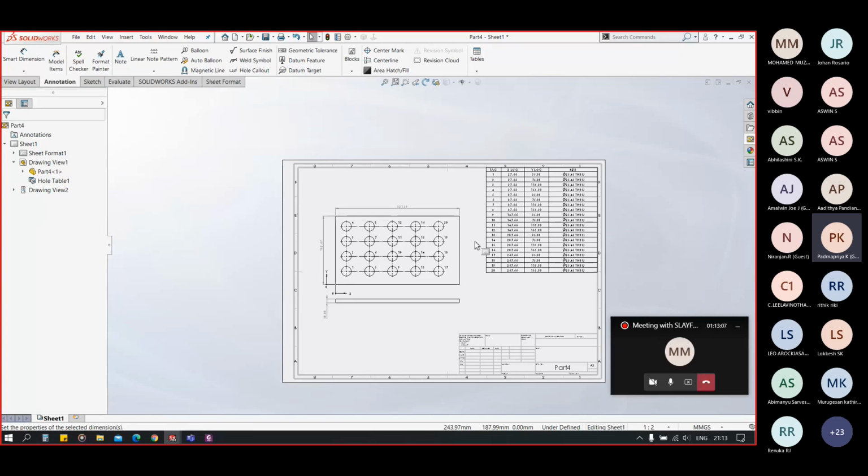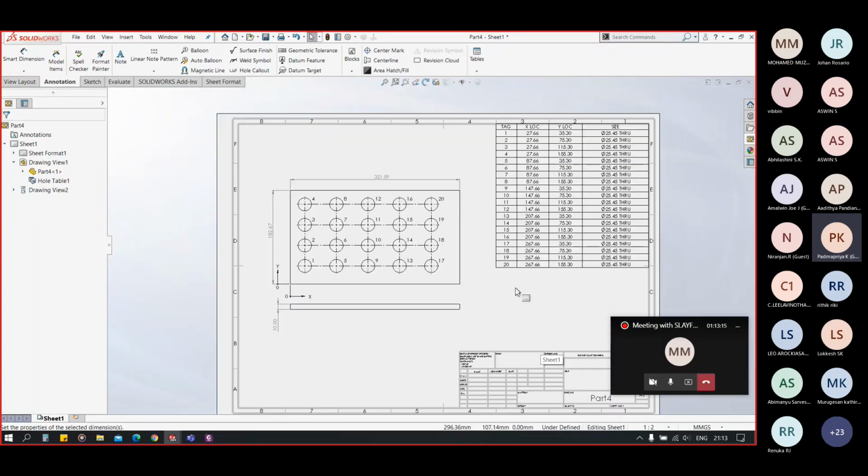So let's say if we had 20 holes on a single plate and we have to give manually the dimension for each hole, it will create 40 dimensions, so that view will not look good to our eyes, which is not aesthetical, and it is more difficult to read which dimension is for which hole.